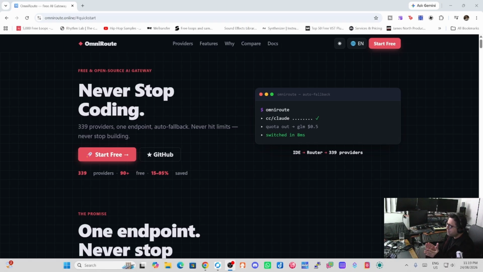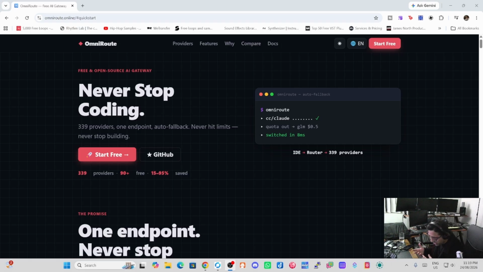All those people who are vibe coding all the time, all you guys who love building applications and building systems, I wanted to share OmniRoute. Now, OmniRoute is a self-hosted AI gateway, and it allows you to connect all your different API providers into one single gateway IP address that you can self-host even on a Raspberry Pi. Right, so this is just a bit of information on OmniRoute and how I'm actually using it and why it's